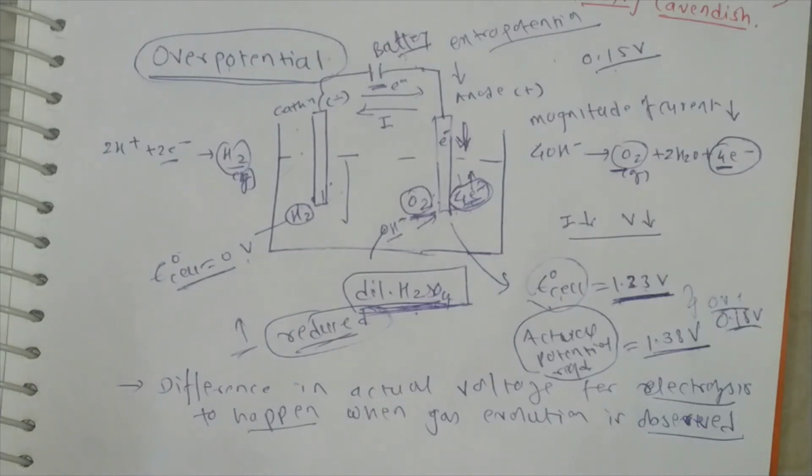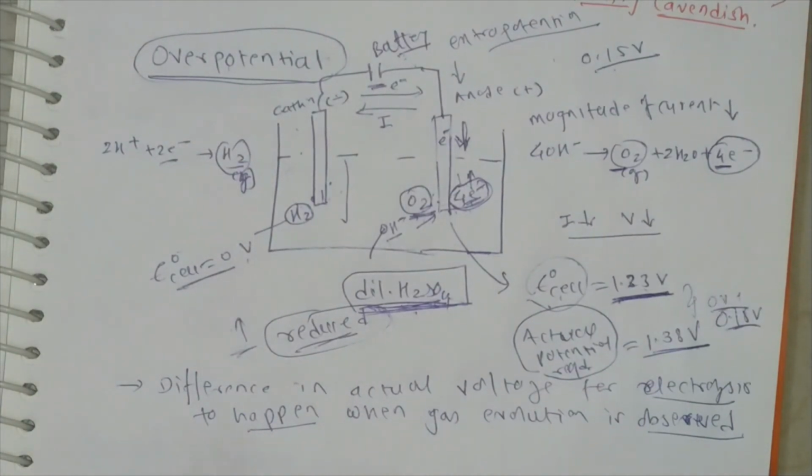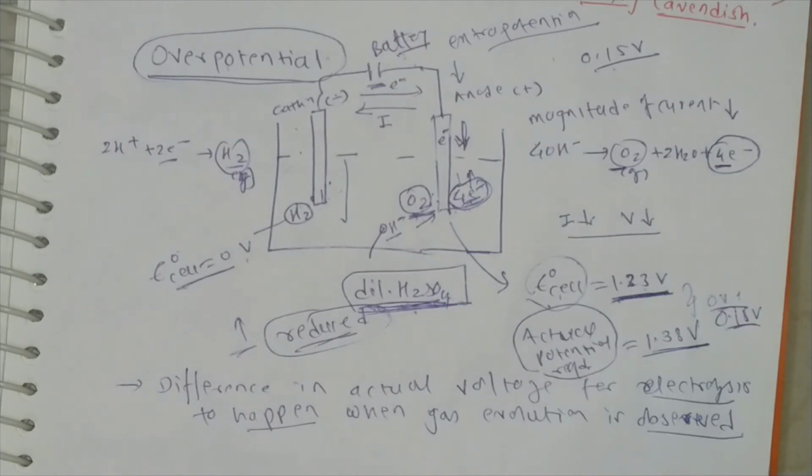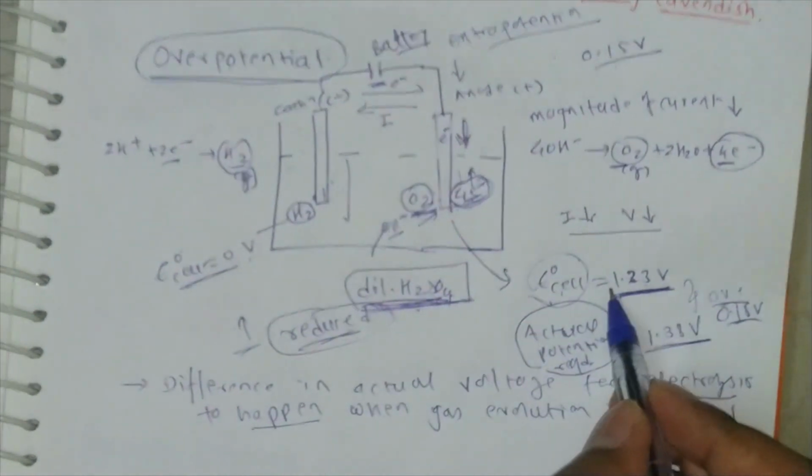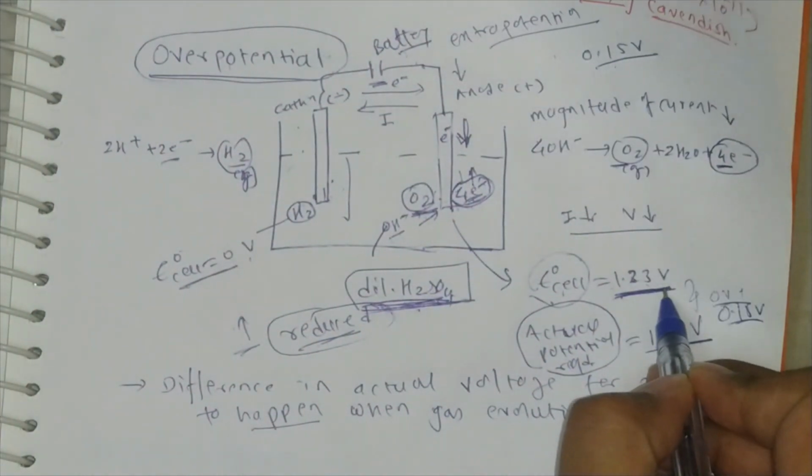This is very important when we discuss the products of electrolysis of different types of electrolyte. Correct? Now this term will come, that is called over potential. So you should remember what is meant by over potential. Over potential is nothing but the difference between the potential of the electrode when gas evolution is actually observed and the theoretical potential of the galvanic cell, right? So this cell actually has a potential of 1.3 volt, right?